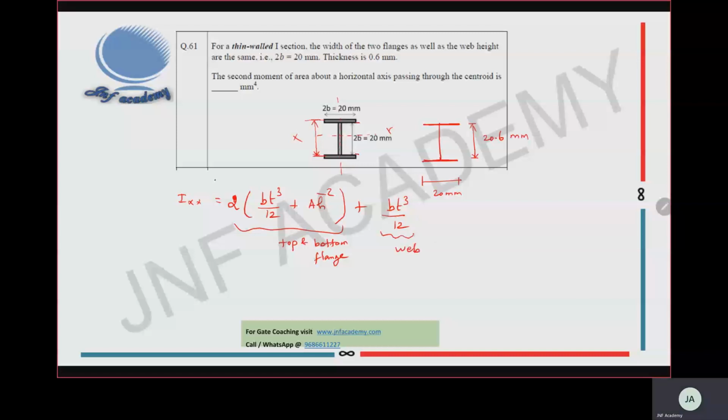For any thin-walled section, the thickness cube term can be eliminated. Even if you are including it, slight changes will be there. That's why we are neglecting it. Okay. So now we will bring this 2 inside and we will simplify. 2 into area of the flange, 20 into 0.6, into h bar square. H bar square is,